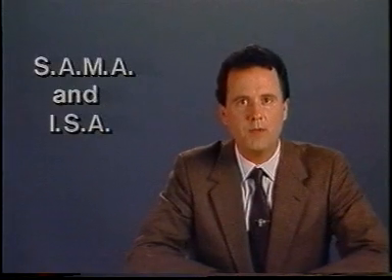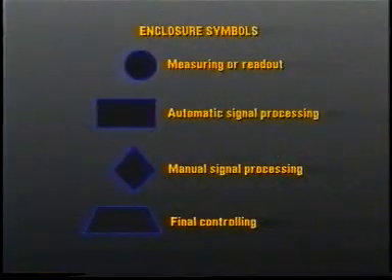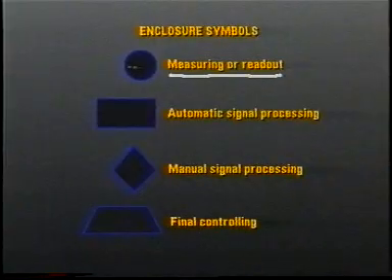SAMA symbols are in many cases the same as ISA symbols, but they are directed more at providing a functional description of the device rather than just a picture of the physical hardware. For example, these SAMA enclosure symbols represent the function of the represented device. A circle in the ISA standard represented only a device of some type and how it was mounted. In SAMA symbology, the circle now indicates a device that is measuring something and/or supplying a readout of the measured